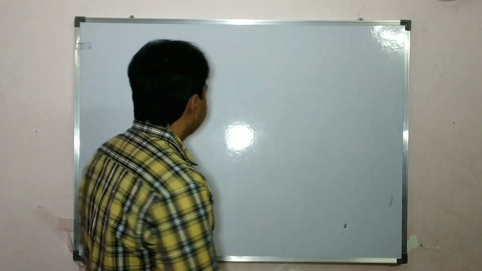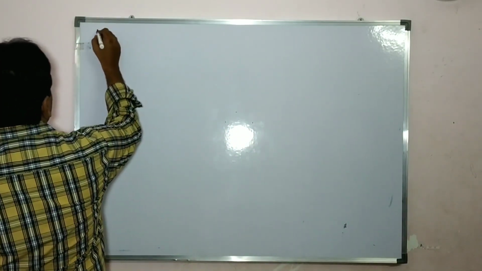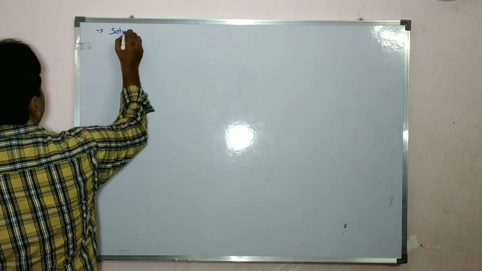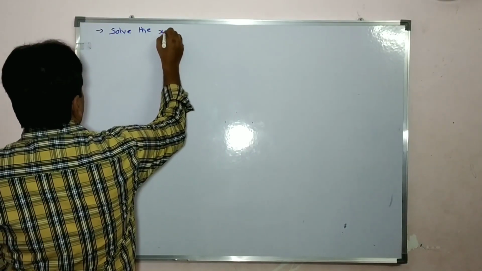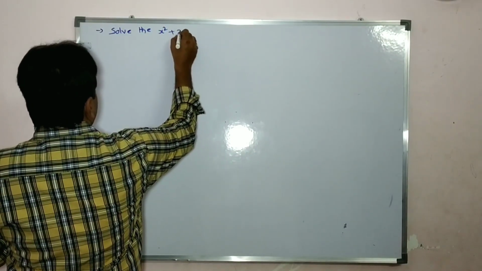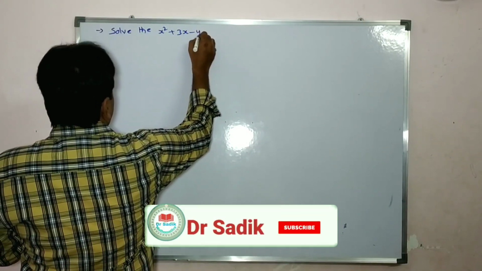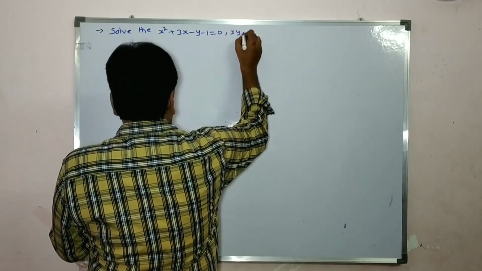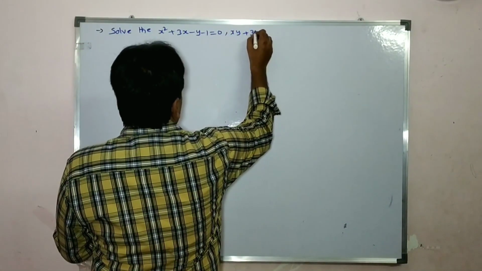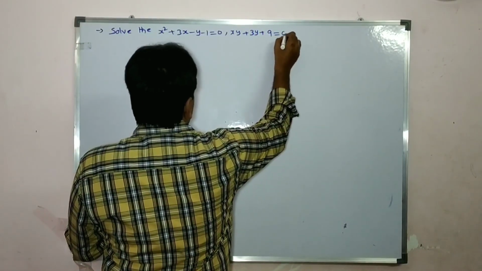Students, in this lecture I am going to discuss the problem on Newton-Raphson method for nonlinear equation. Solve the equations x square plus 3x minus y minus 1 is equal to 0, and xy plus 3y plus 9 is equal to 0